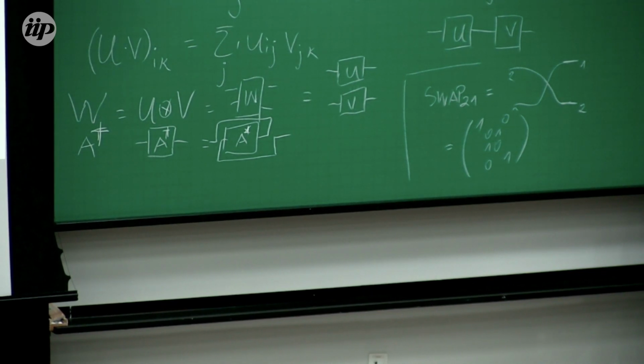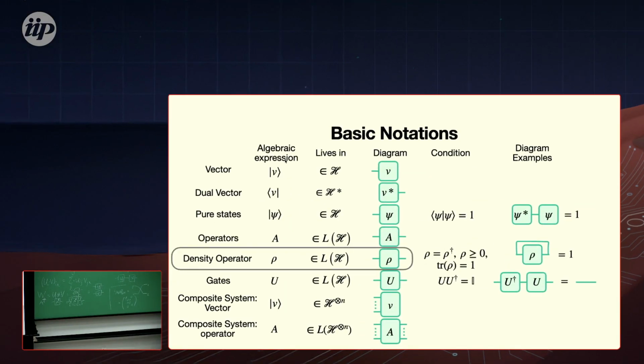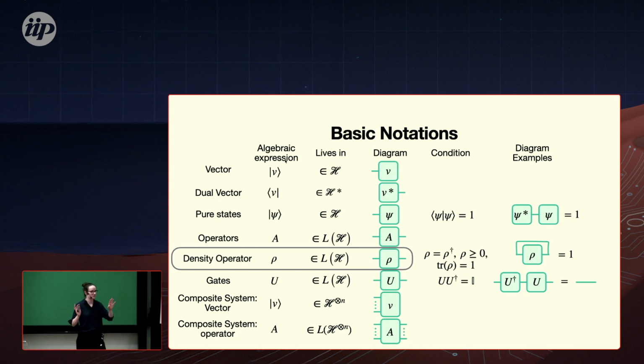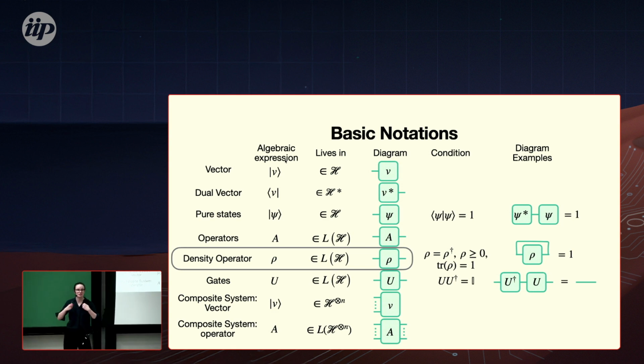Good. So this is our basic notation slide. And what we are concerned with in this readout stage is actually the quantum states, right? This rho, this mystical density operator that we always call rho. And in this case, it's just an abstract mathematical object. So if I give you a qubit, a simple superconducting qubit, and I tell you, please tell me the quantum state that I prepared here, what is it? You will first be like, I don't know, I can't just look inside and tell you. I need to measure it, right?